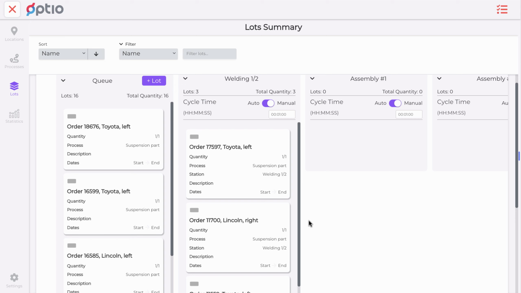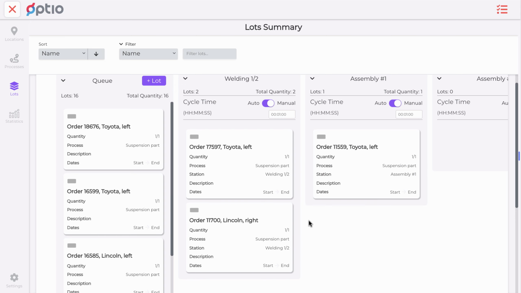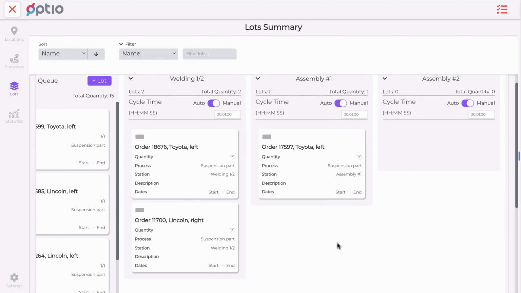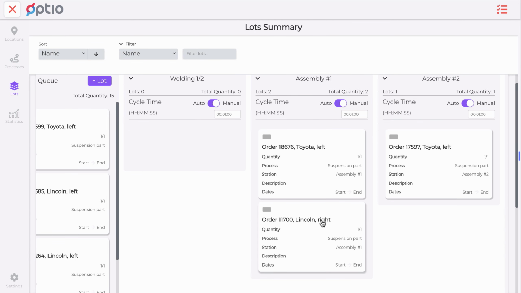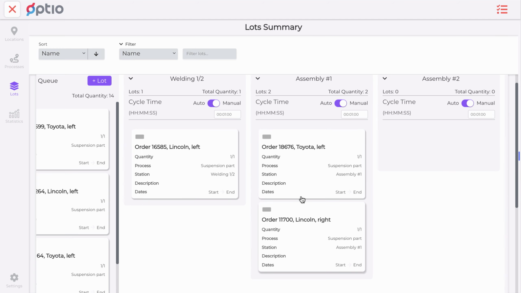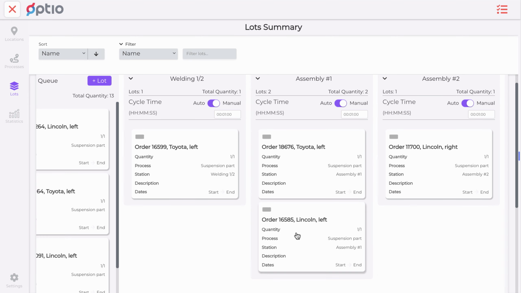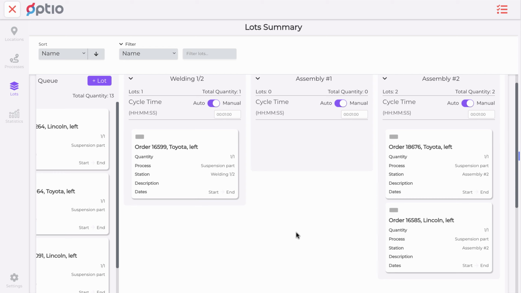And the key is that due to this variation, we don't get the benefits of the balanced line in which all of the stations work in parallel all the time. Here instead, we see the work in process being unequally distributed. So now we have 2 at the assembly station 1. And only if we are really lucky, the process finds its minimum WIP